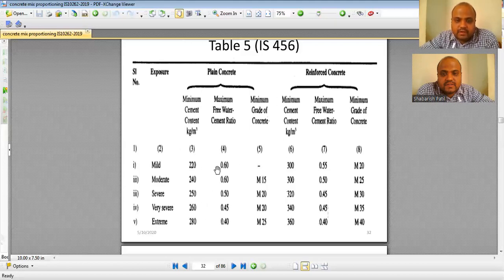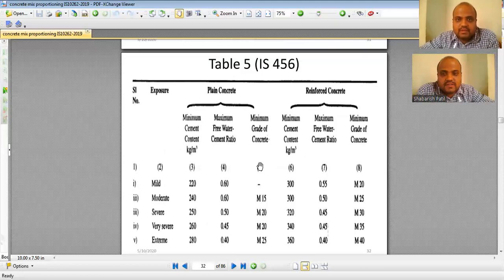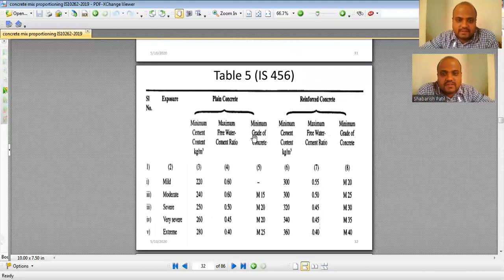In plain concrete, as we do not have steel, there is no question of corrosion, so your cement content can be further reduced. Here it was 300, and here it is 220, from 220 to 280. And at the same time, the maximum free water cement ratio is 0.6 to 0.40. So this is table number 5 of IS 456.